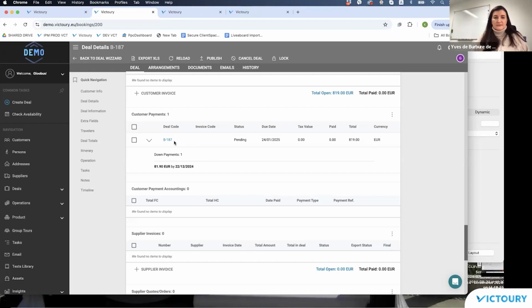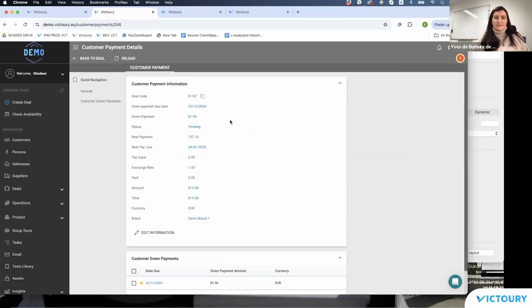And if I open, of course, the customer payment, I will see that the rest payment is due 20 days before the start date. That's how it has been set up. That's why it is the 24th of January. And the rest payment is the difference between 890 and the down payment. And this is 737.10.